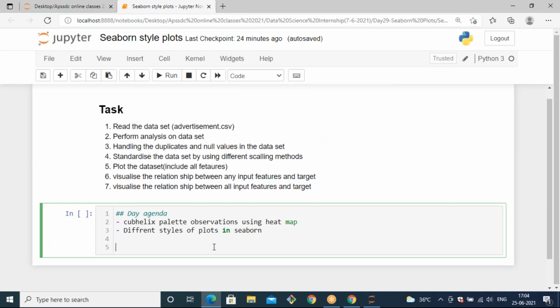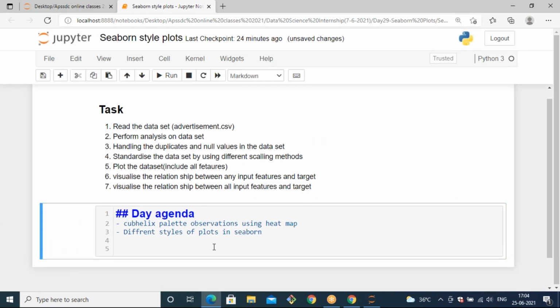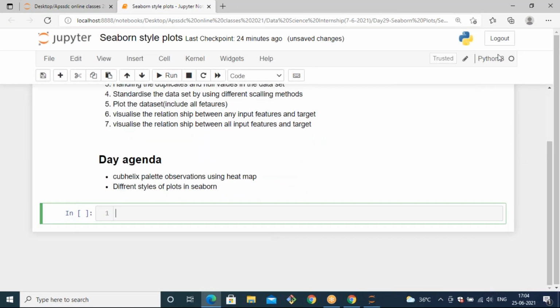So the first agenda is the cube helix palette observation using a heat map. Because a heat map is very important whenever you want to observe the relationship between your input features and output features. We're going to find out the best related features to predict our target. In that case we want to find the correlation. Correlation may vary from -1 to 1.